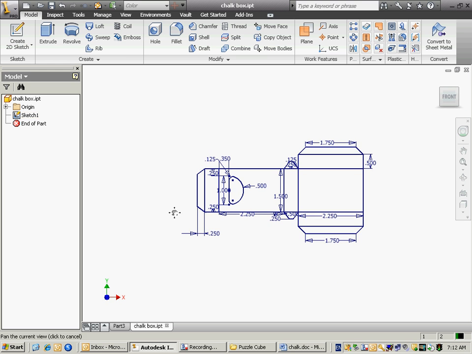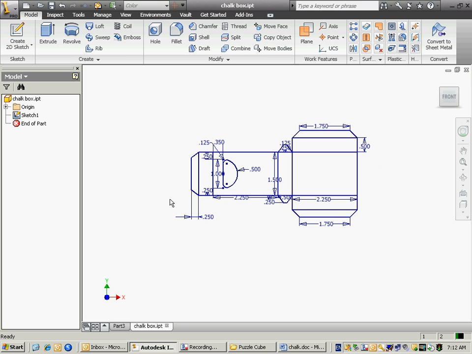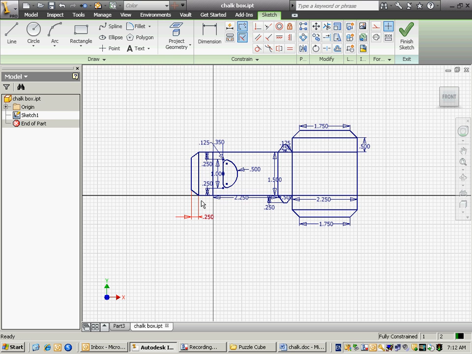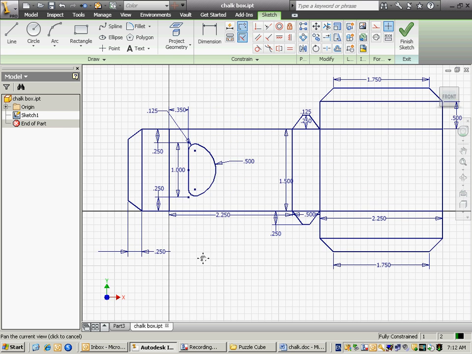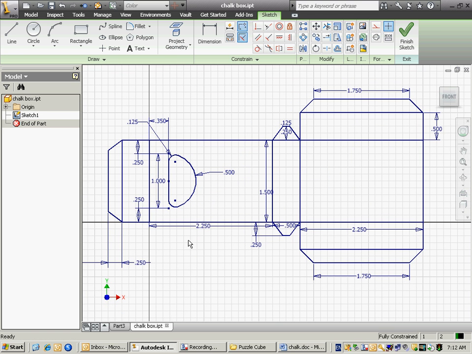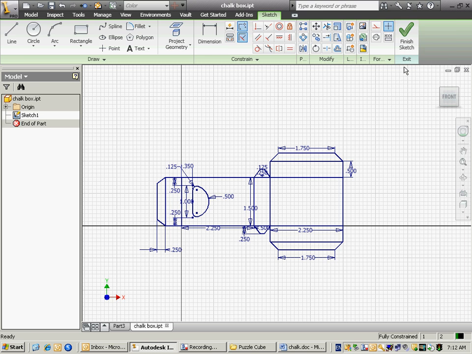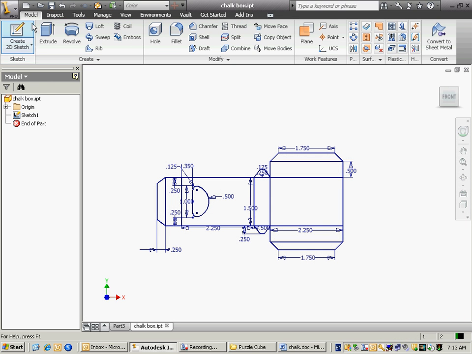Now, if you at some point need to stop working on this, you finish the sketch in order to save it. In order to edit the sketch, then you have to double click on this and activate the sketch before you can edit. So here it is, finished. As you can see, I have quite a few dimensions, but I have less than I would if I didn't use the equal constraint. So I finish the sketch, I make sure it's saved,